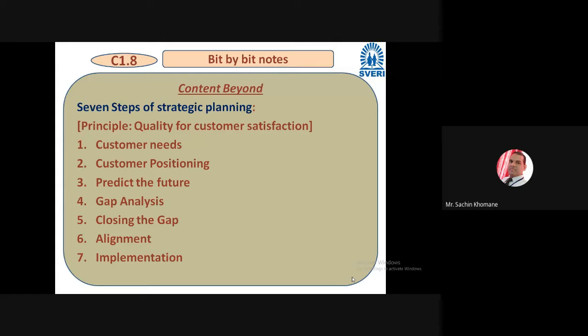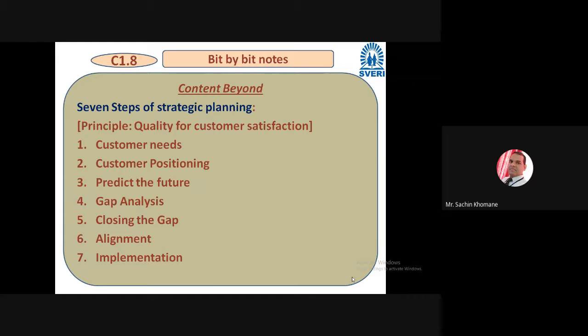And the last step is implementation. Implementation involves monitoring the activity of planned things. Whatever plans you have made and aligned with the vision and mission of your organization, you then have to monitor that activity, which means controlling. Monitoring activity means controlling activity, and you have to check whether everything is happening according to plan or not. So that is implementation. So these are the basic steps of